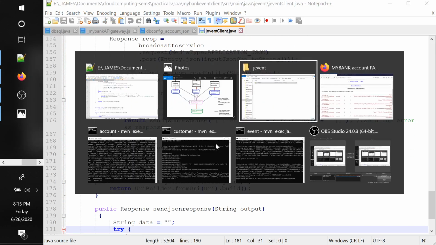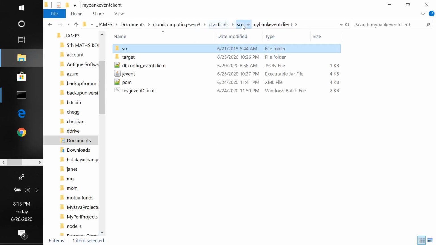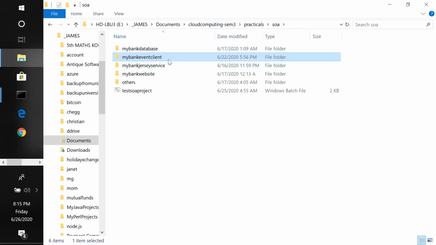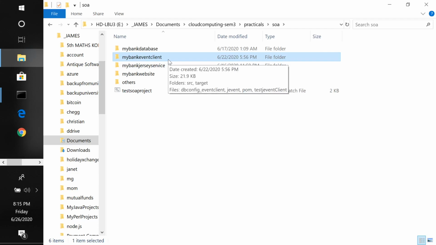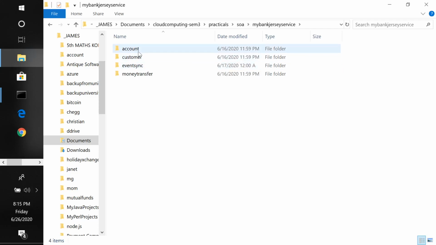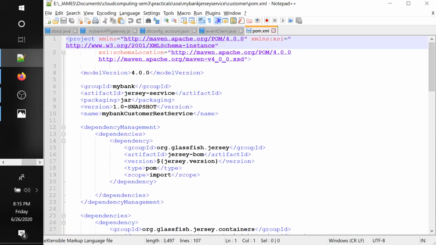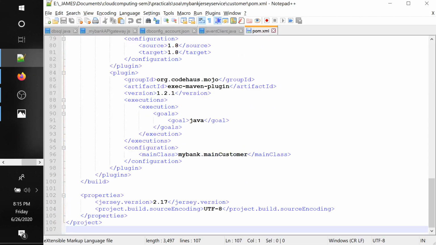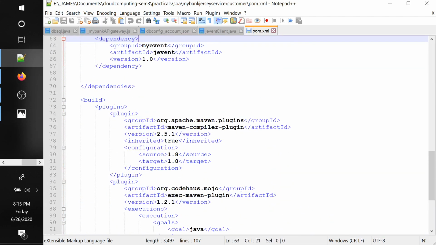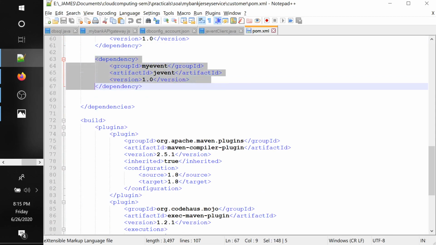So this is a common object which I have created, my bank event client. It was not there last time, but I have introduced it here. And this object I am creating as a jar file and registering in Maven. If you look at the services and look at the POM file, I would have referenced that object inside over here. So you see, this is the object I have created. I have added the dependency. So this is nothing but your event client.